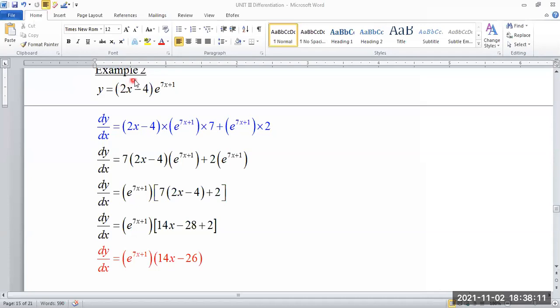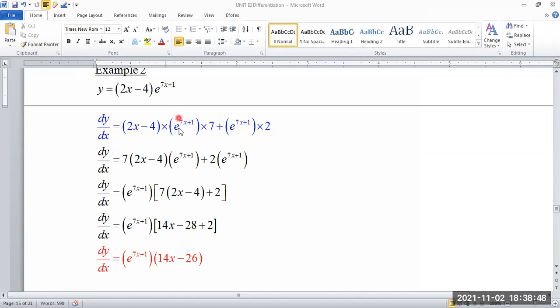It's a product. It is a first times the differentiation of the second. And then it's going to be the second times the differentiation of the first. So it's the first, bam, times the differentiation of the second. Now, what Sir said to you, Ryan and Sash, when you weren't here: when you are differentiating the exponential function, it is the exponential function itself. But we have to differentiate the function up top. So the differential of e to the 7x plus 1 is e to the 7x plus 1.